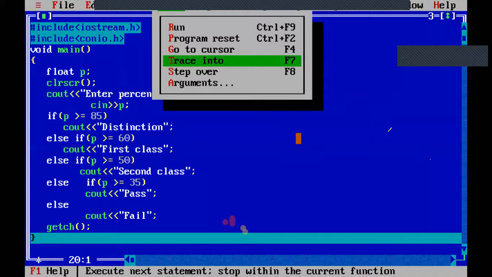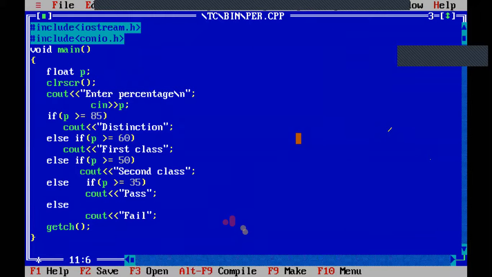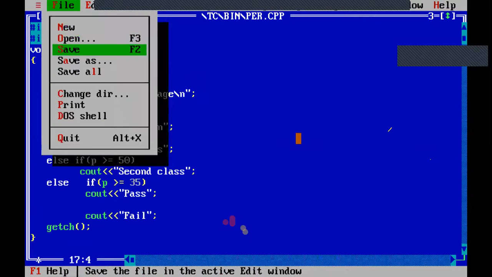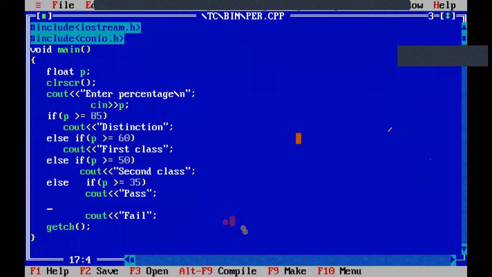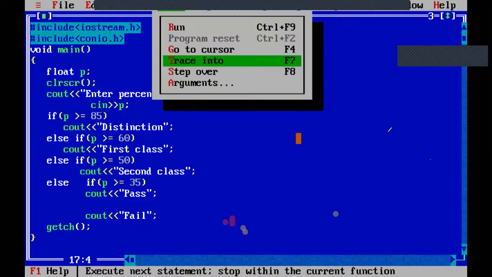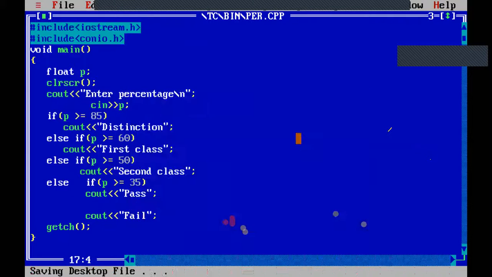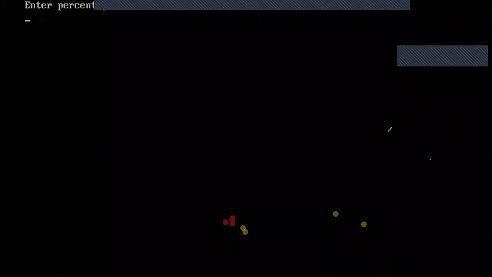If suppose you miss else anywhere, that also we should see what happens. If I miss the last else part, what happens? We will see. Now I will execute the program. If I enter the percentage as 40, according to the logic, in general, we know that students who got more than 35% pass, right? Actually, it should print pass. Now you see what happens.